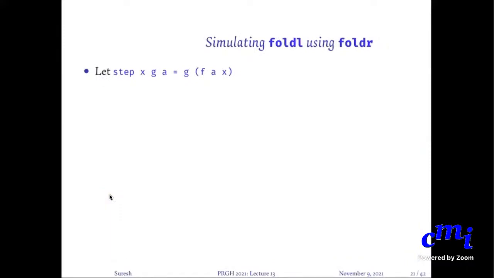And now this is just a curiosity. What I'll do is I'll let you read it. I'll never ever ask you to do such a thing. But why not? Let me just do it, just to tell you how you can do some nice equational reasoning. You can actually simulate fold L using fold R. Instead of saying fold L f with initial value a and then some list, you can express that as fold R of some g and some b. We'll have to figure out what the g and b are. The g being what we call, let's see.